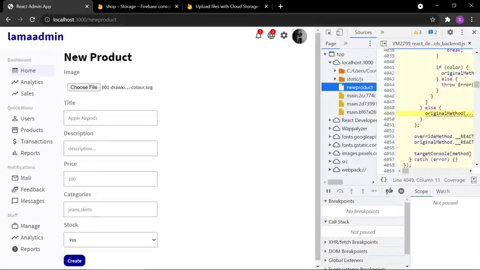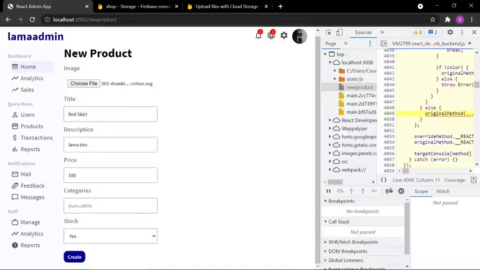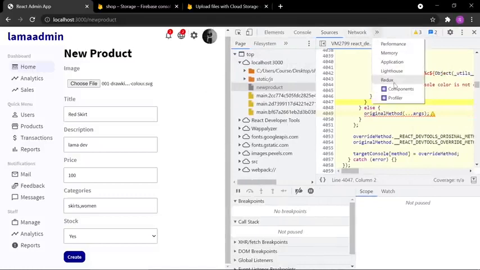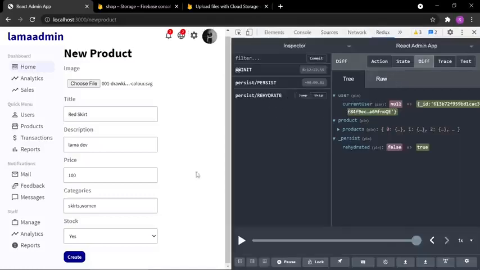We can follow here. Title, red skirt. Description, llama dev, and price 100. Categories, skirt, maybe woman. In stock will be yes. Okay, let's create. Where is our Redux tool? Okay, here. I will create,